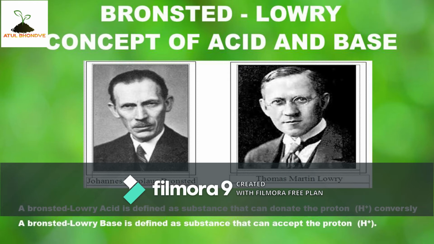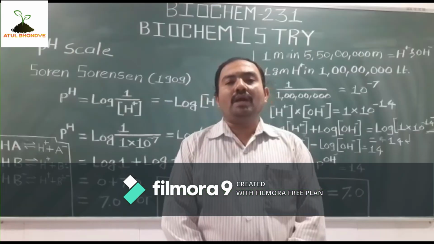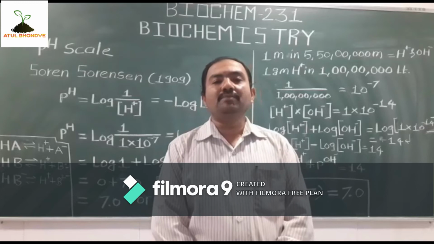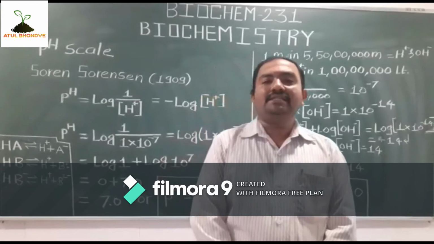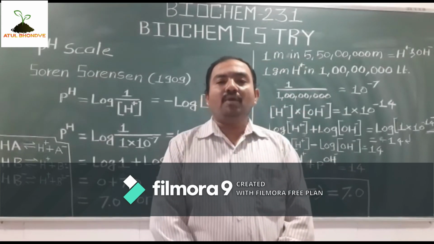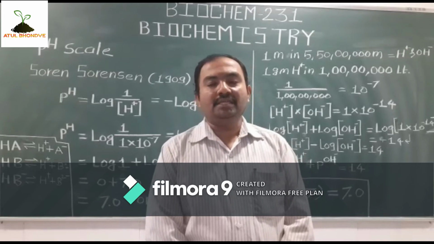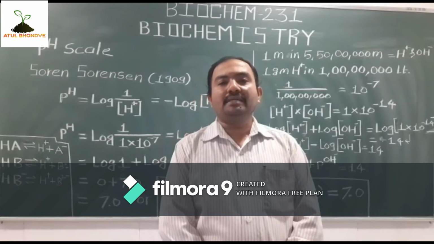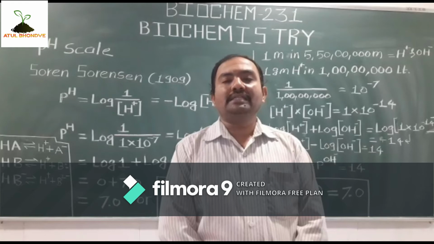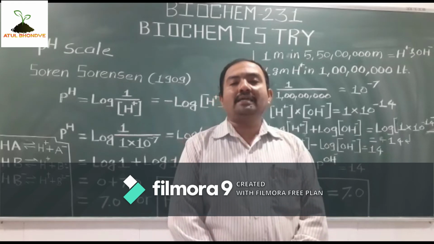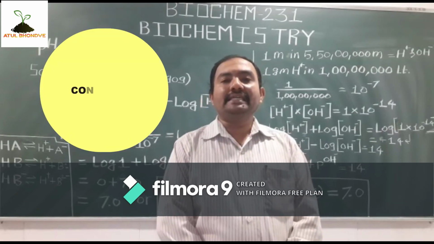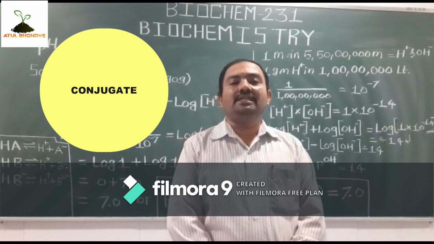So here, in case of acid and base, Bronsted and Lowry say that the compound which donates the proton is called an acid, and the Bronsted-Lowry base is the compound which accepts the proton. When a particular chemical reagent contains an equal proportion of the compound which donates the proton and the compound which accepts the proton,